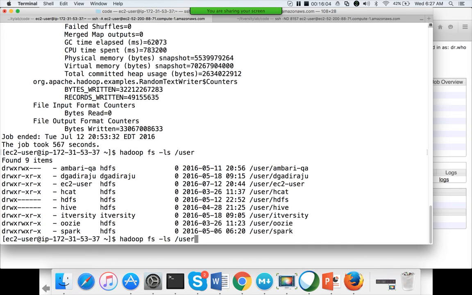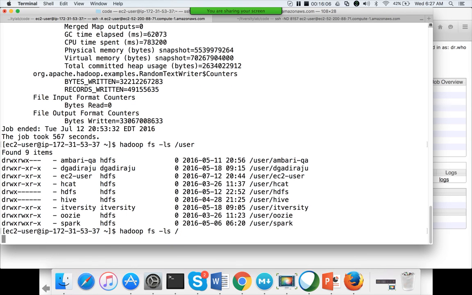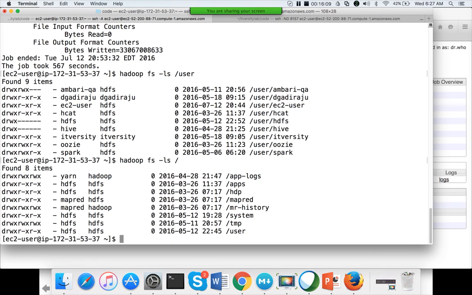Let me see. Yeah, this is the location, mr-history. For the Cloudera cluster, it is /user/history. For Hortonworks, the default location is /mr-history. So there is a parameter file which controls this. That's why you see different behavior between Hortonworks and Cloudera.